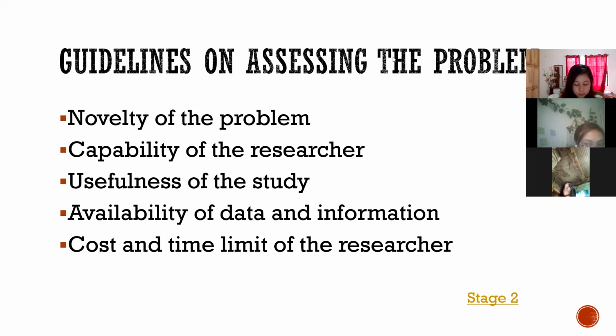And lastly, we have cost and time limit of the researcher. The first one here is the time. Class, for the first semester, for this research one, all we need to do is to make a proposal. A proposal paper containing the introduction and the methodology. The data gathering procedure will take place on the second semester, and then you will just be given time from January to at least April, first or second week of April, to gather your data and at the same time